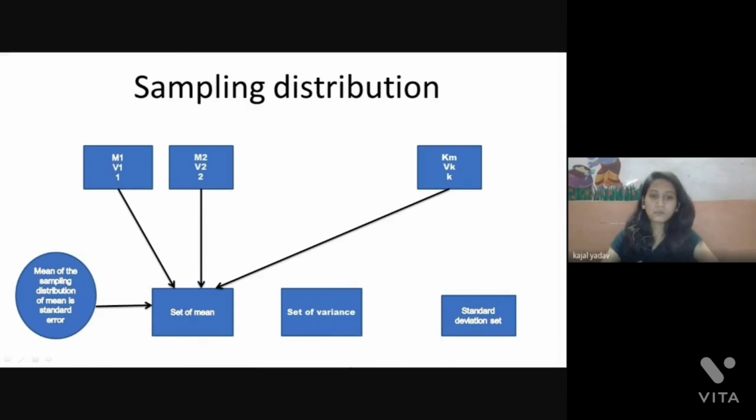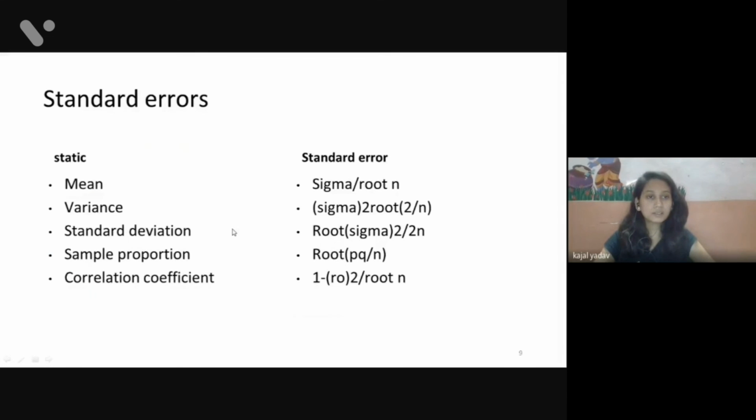All these values are not specific for each and every term, so there is no common formula to explain the standard error in each and every box. Here are a few statistics that give the standard error formula.